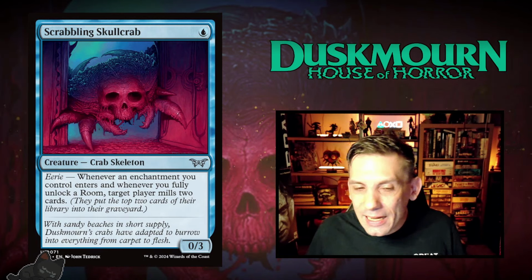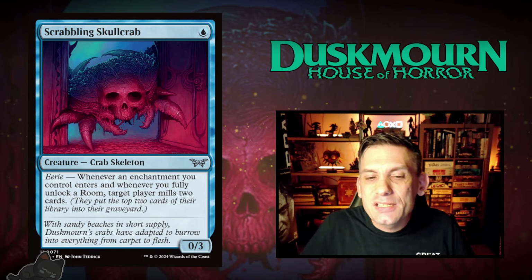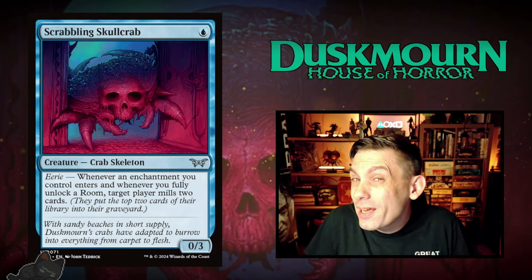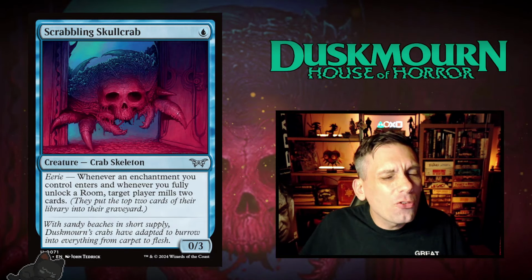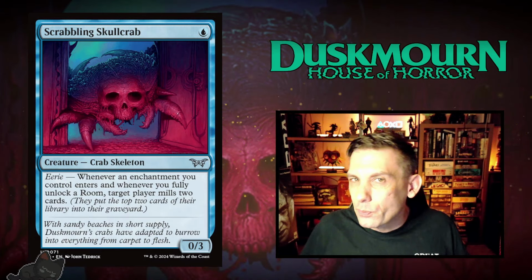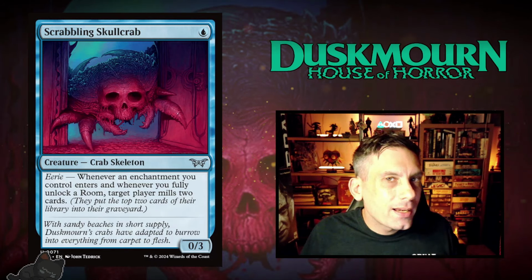So the way Eerie works is anything with an Eerie ability is going to trigger whenever an enchantment enters. So if you flicker an enchantment, that will count too. And also whenever you fully unlock a room. So all of those room cards, there's extra value to be had with them if you're combining them in decks